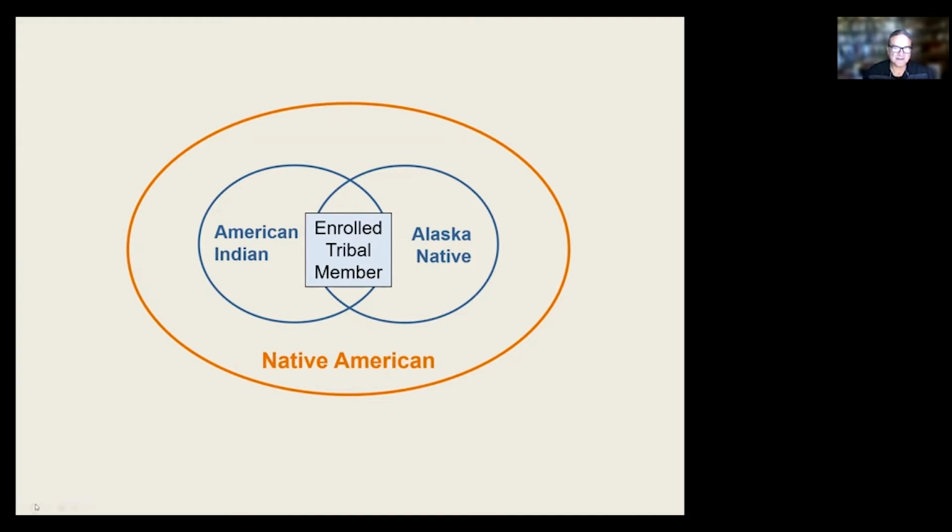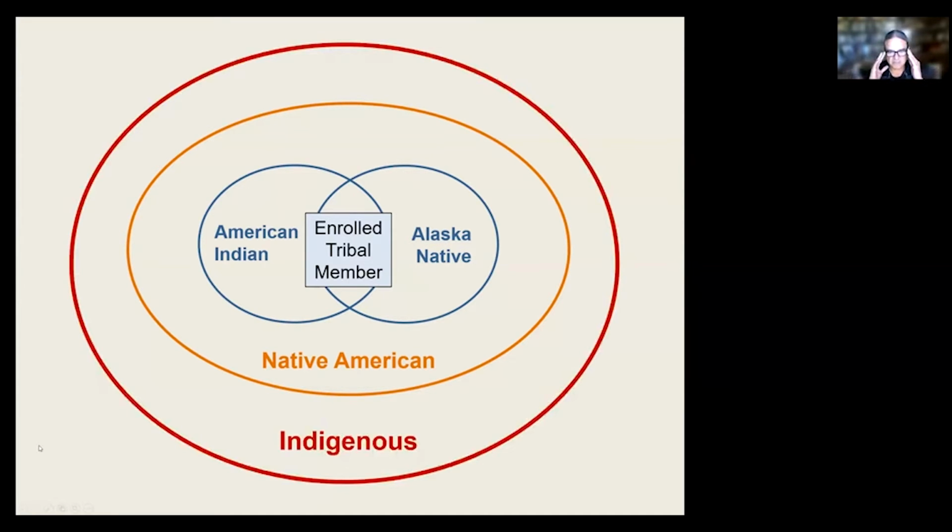So that's looking at American Indian, Alaska Native, and Native American. The more encompassing term is Indigenous. The indigenous peoples of the world are the first inhabitants of various regions of the globe. We know through DNA evidence that human life started in Africa around 2 million years ago, and over the last 15,000 to 100,000 years, people have been migrating all over the world. The original inhabitants of various parts of the earth are the indigenous peoples. And what we've seen over the last several hundred years is massive waves of colonization, primarily coming out of Western Europe.